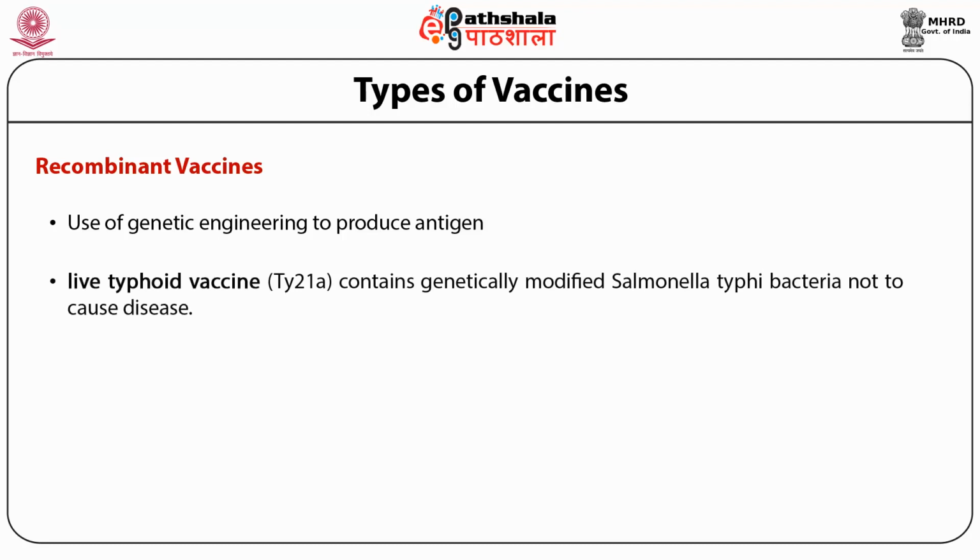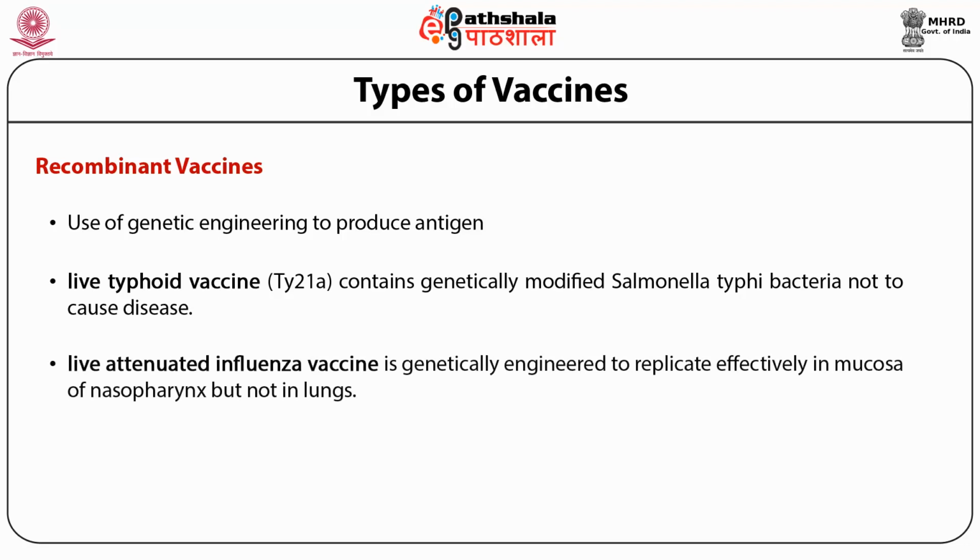Then live typhoid vaccine also contains genetically modified Salmonella typhi. It has been modified so as not to cause any disease. Then live attenuated influenza vaccine is also a genetically engineered microbe to replicate effectively in mucosa of nasopharynx but not